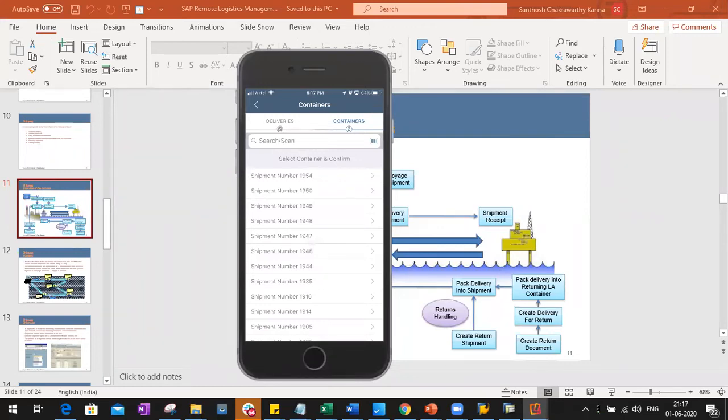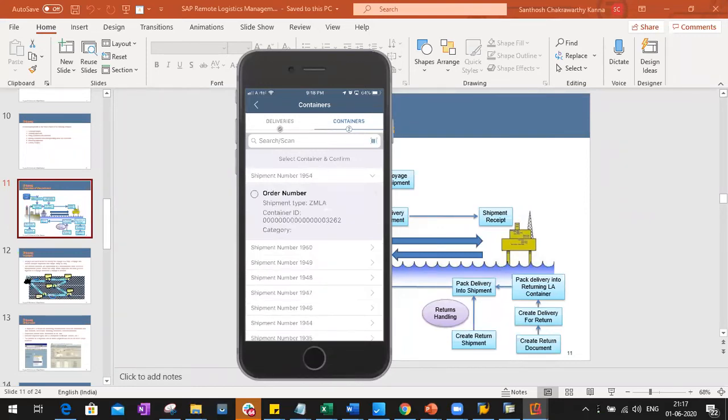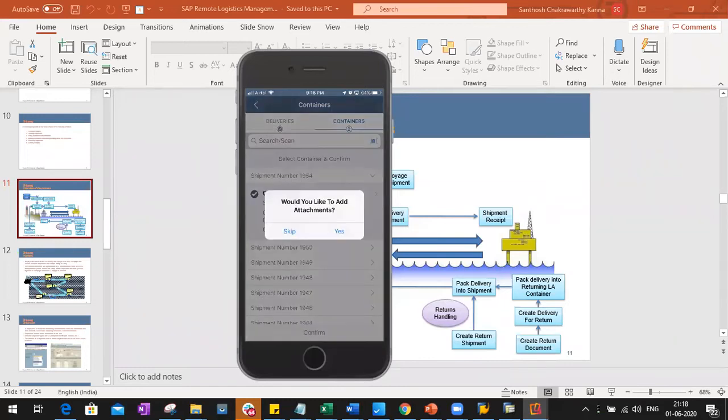And it'll take you to another screen where you can see these loading areas and the shipment numbers. Click on this arrow, and you'll see the container IDs, right? So click on one of the containers, and then you can even add attachments when you click on confirm. If you want to add any attachments,